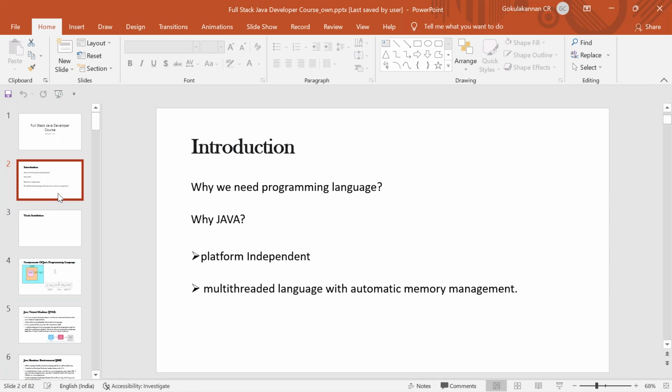But to make it understandable, I'll be writing some code. An intermediate language between me and the machine is called a programming language. I will write a code. The code is nothing but a set of instructions to my machine. The machine is like a robot only. It will understand if I give an instruction like start, stop, run, walk, something like that. I have to give a set of instructions to perform the addition of two numbers.